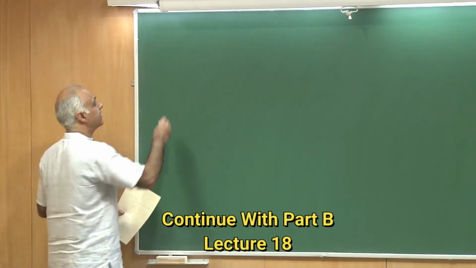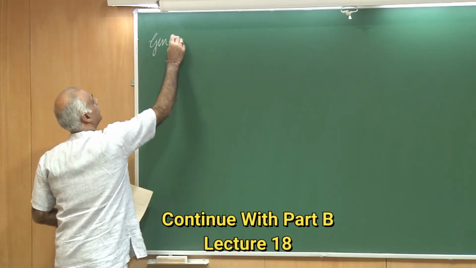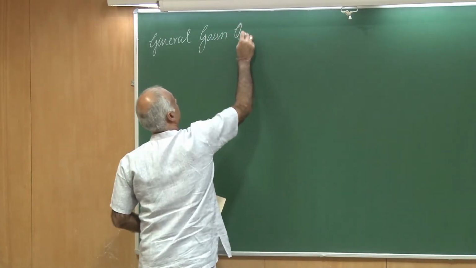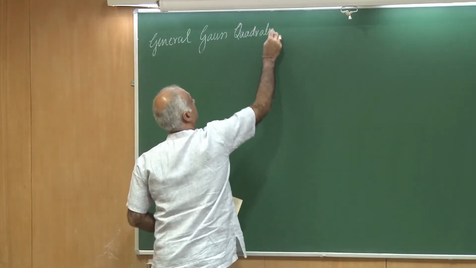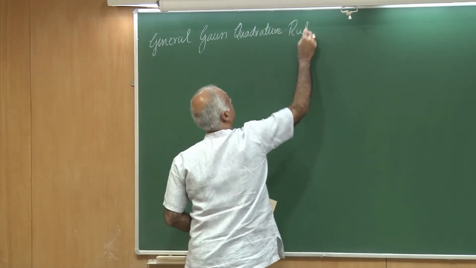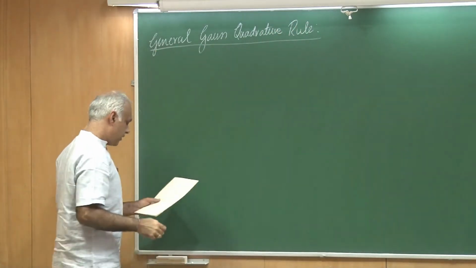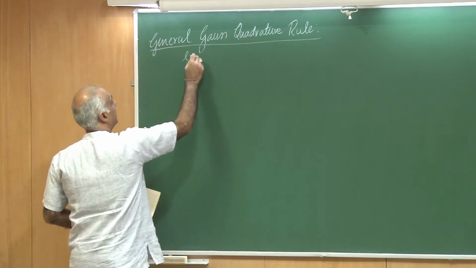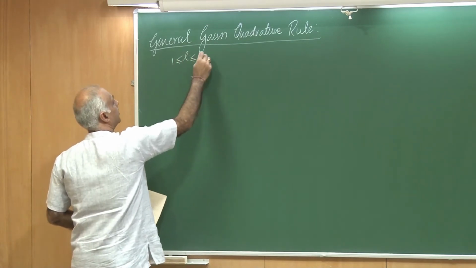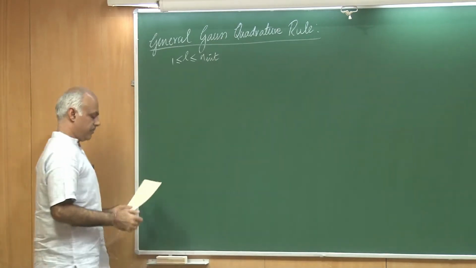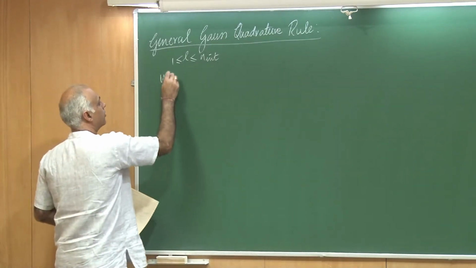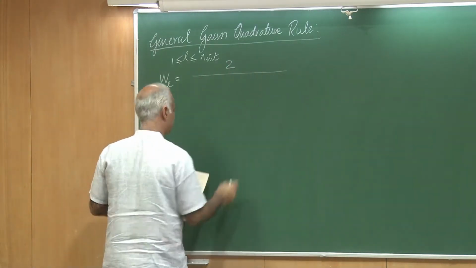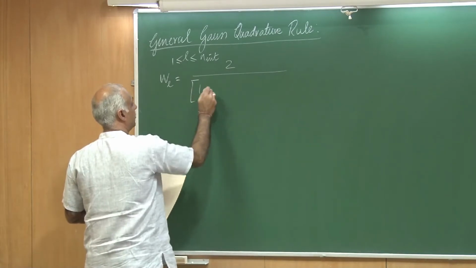Let me now give you the general Gauss quadrature rule. So, we are talking about a rule with n-int number of quadrature points. L is the index and it goes from 1 to the number of integration points. Let us first talk about the weight. The weight is defined by the following expression, 2 divided by 1 minus